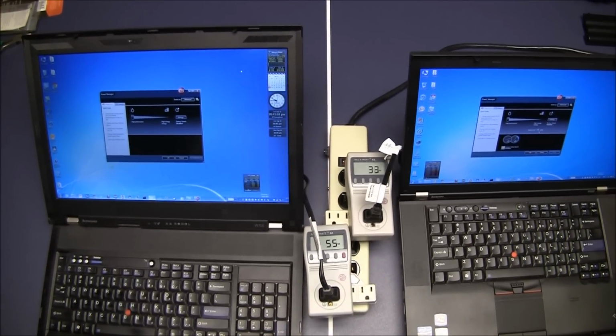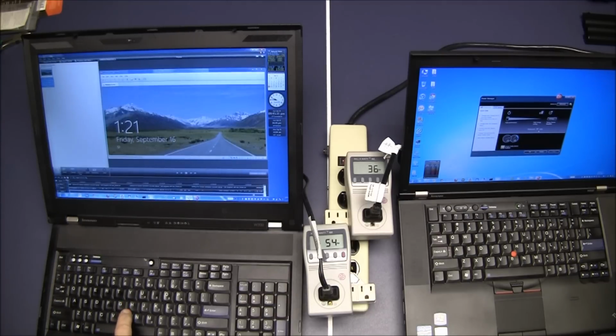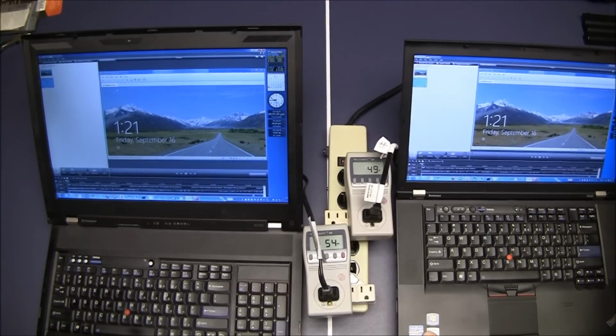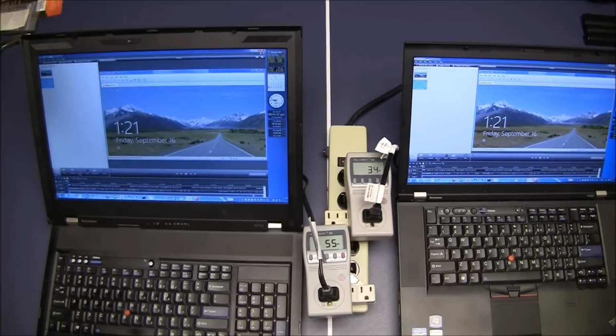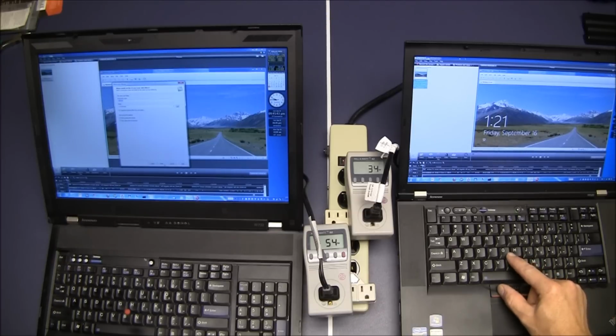Alright, so let's move on and let's see how we do under load. So at this point I'm going to pause the video and get set up here with Camtasia. Actually I don't need to pause it, never mind. So both machines have Camtasia running with the same job from a previous video I recorded tonight, showing the difference in time and rendering. Now we just want to see watt burn while Camtasia is running. So while they're doing the same MPEG-4 encoding task, 720p, untitled, next. Produce and share,